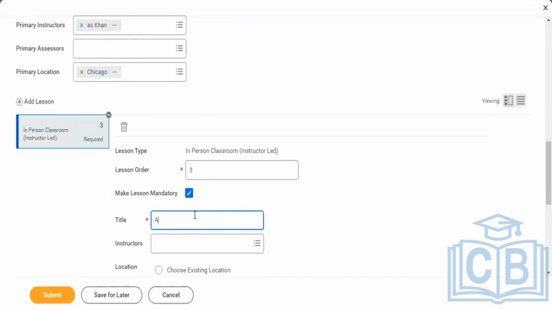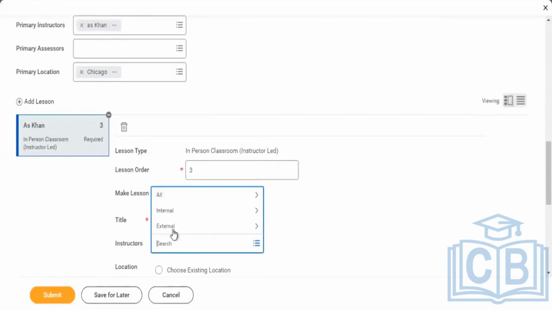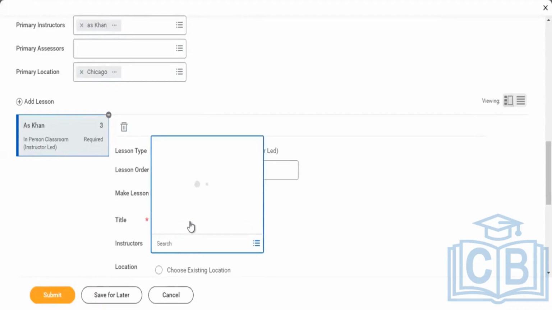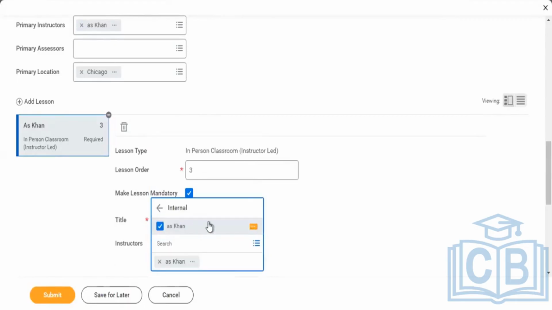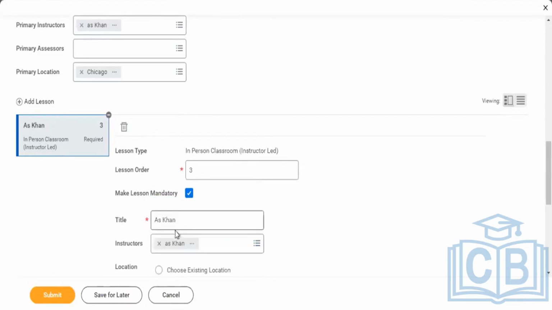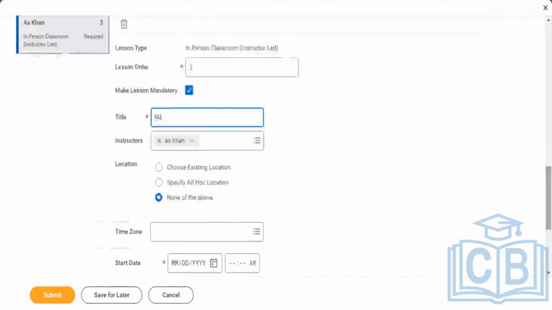Take the same instructor. This is the same location.